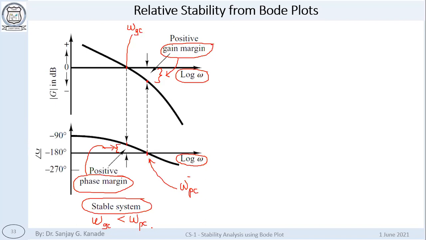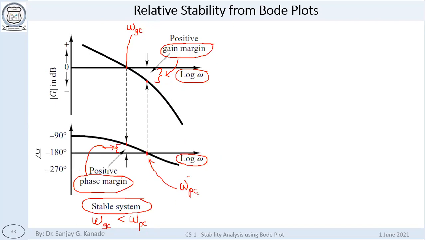Omega GC must be less than omega PC. It means the gain crossover frequency is less than the phase crossover frequency, which means gain crossover should happen before phase crossover. When this condition is satisfied, automatically the gain margin and phase margin are in this kind of shape,